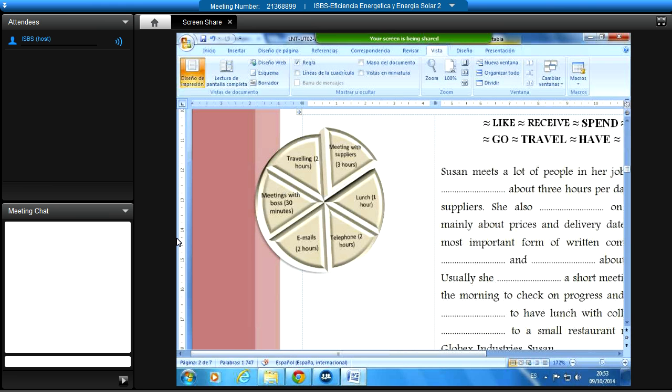Spend. Okay. So you spend time, spend with S because it's third person. So when you think about time, you say spend. I'm going to spend 2 hours studying. I'm going to spend Christmas abroad. I'm going to spend a day in the capital. I'm going to spend a weekend at the beach.